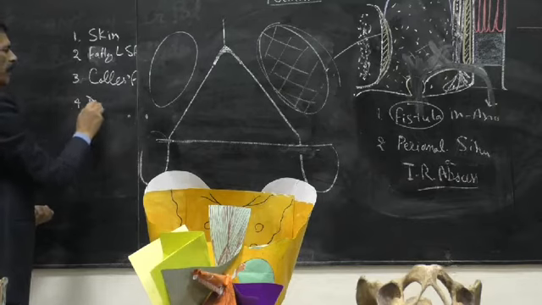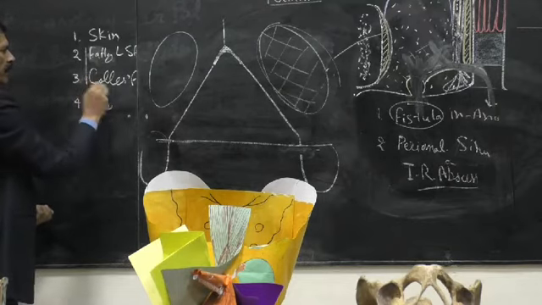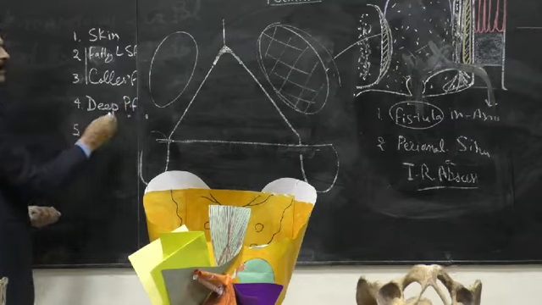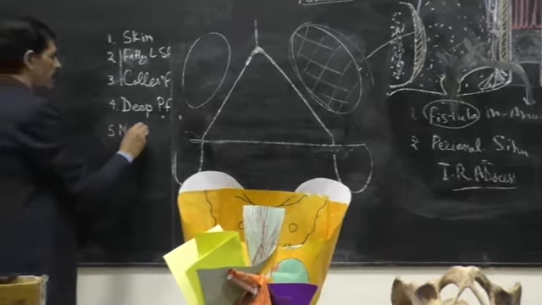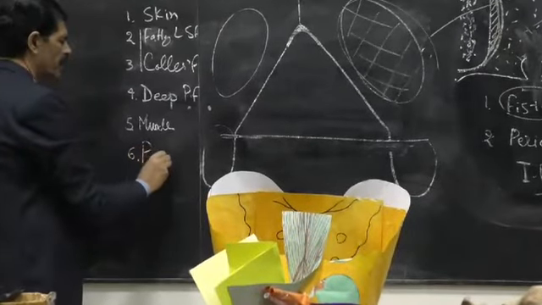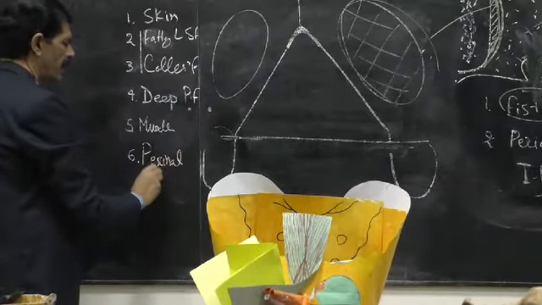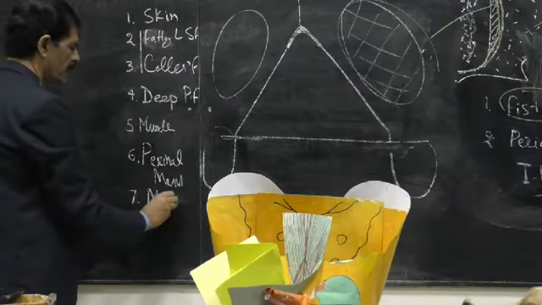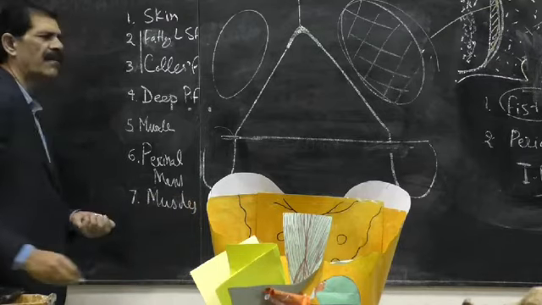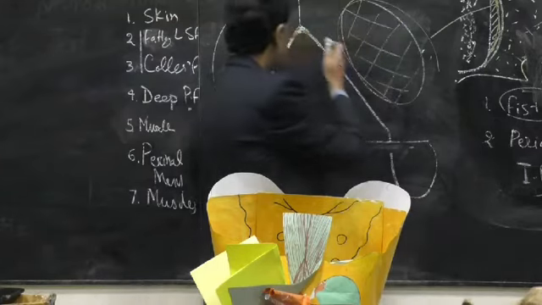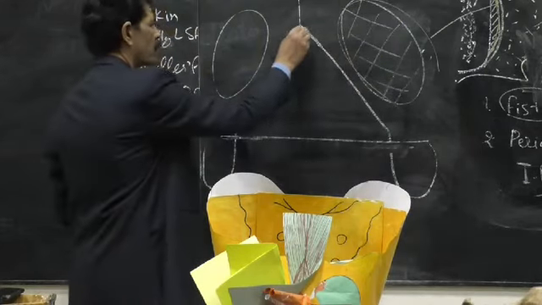Fourth, below the superficial, both are superficial, now the deep perineal fascia. When we remove the deep perineal fascia, what do we expect? The muscles. The muscles will come. And when you remove the muscles, there will come a membrane, special in this area, the perineal membrane. Below the perineal membrane, again the muscles. So this is the 7-layer exploration of the urogenital triangle. So first we will cut the skin and remove it.